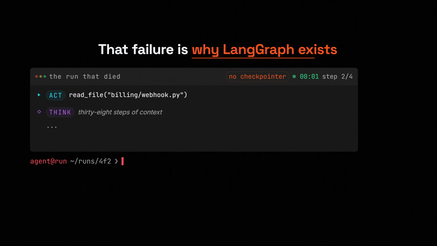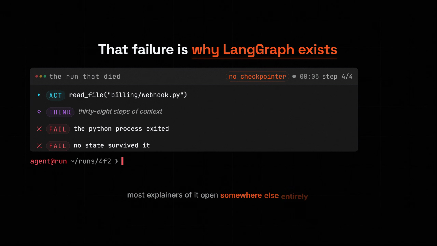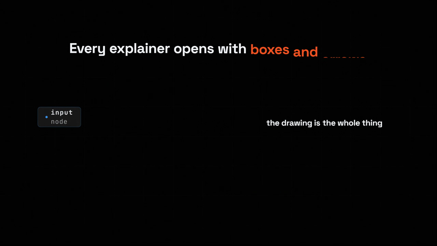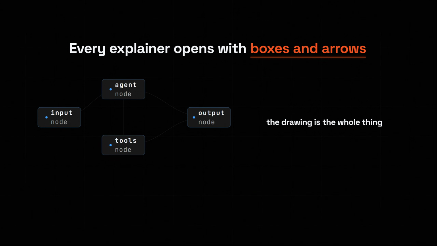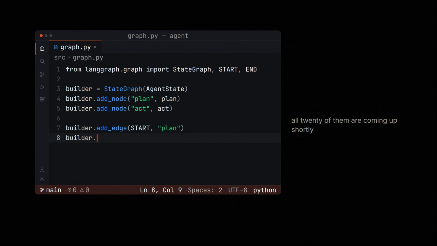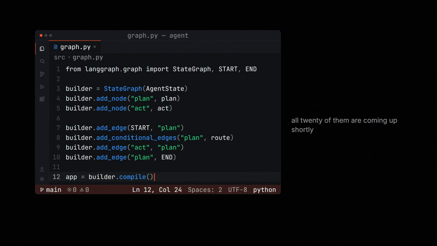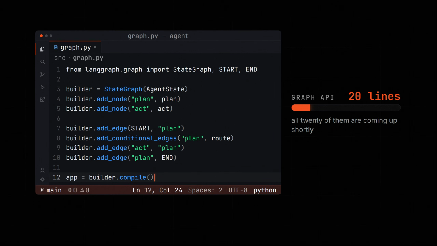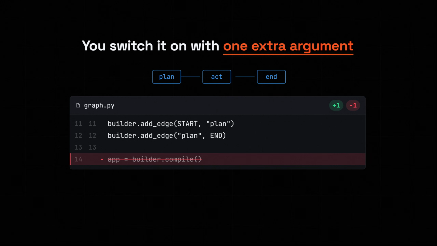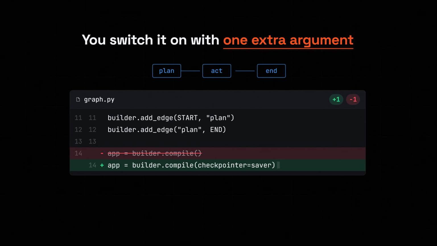That failure is the reason LangGraph exists, which is strange because most explainers of it open somewhere else entirely. They open with boxes and arrows, and they teach you how to draw the graph. The drawing is the easy half of this. You can learn the entire Graph API in about 20 lines of Python, and all 20 of them are coming up shortly. The half that survives that crash sits underneath the drawing, and you switch it on with one extra